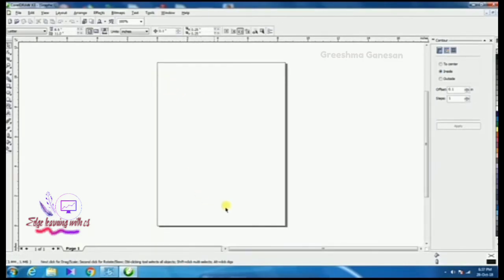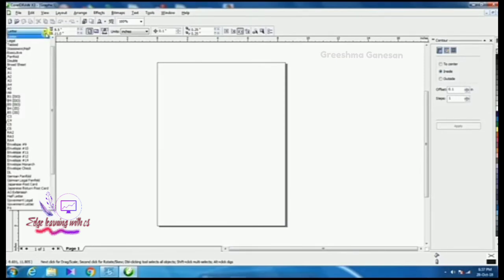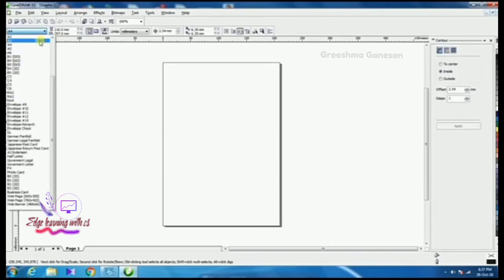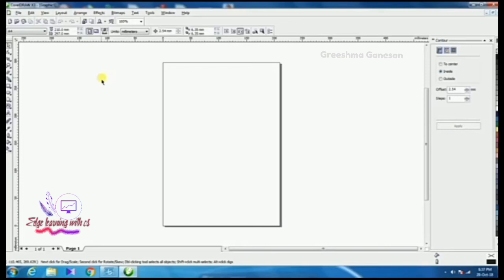Okay, then this is our new page, you can see, and the rectangle box is indicating this is the page. Then you can see this option, Letter. Actually, it is used for changing the size of your page. This part is inside our property bar. So you can choose any of the options from here, like Letter, Legal, A4, anything. So now I am choosing A4 and we are getting back to our page, inside the rectangle box.